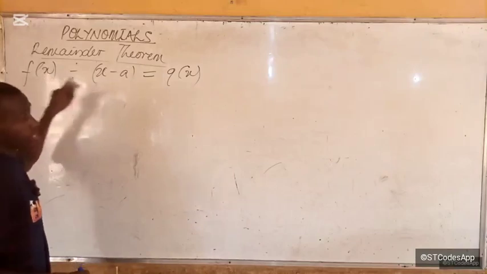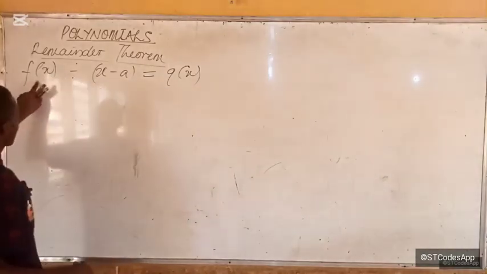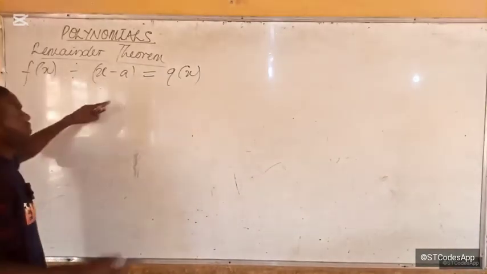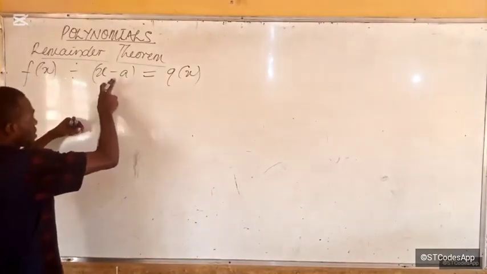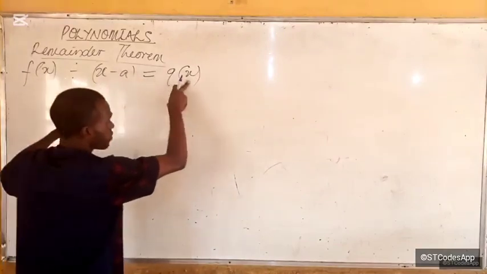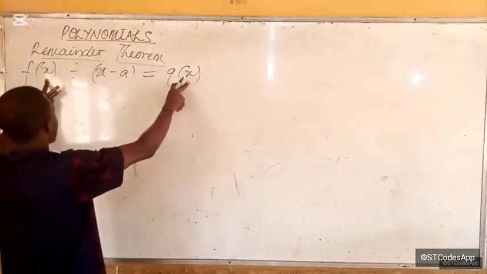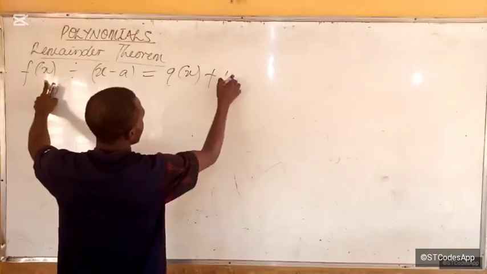So if I divide this with this monomial or any other polynomial, I'll get another polynomial that is 1 degree less than the original polynomial plus a remainder,